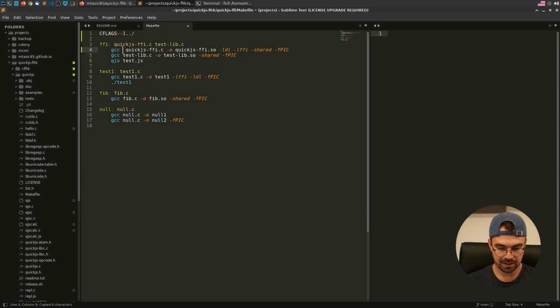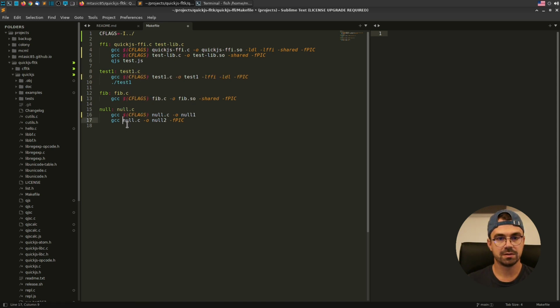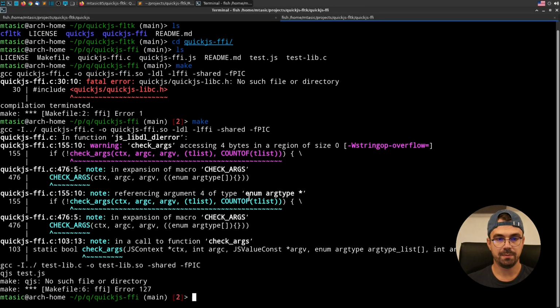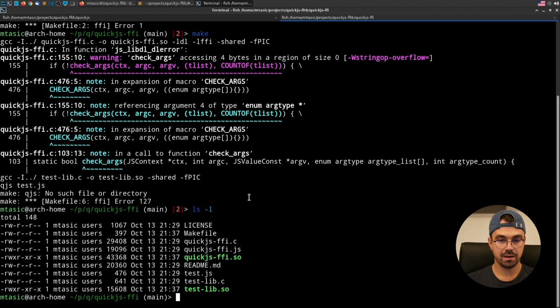So still I have to do some stuff here. So everywhere you see GCC, you can do this. Great, let's now try to make, yep. Oh, it worked, nice. So we have quickjs-ffi.so. What now? What now? Now